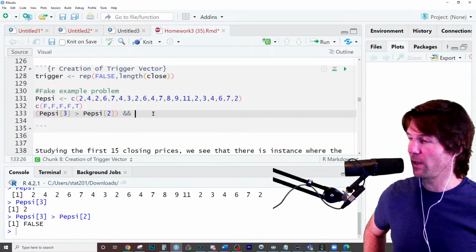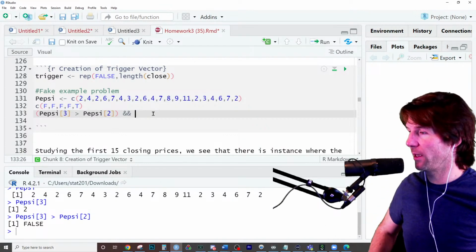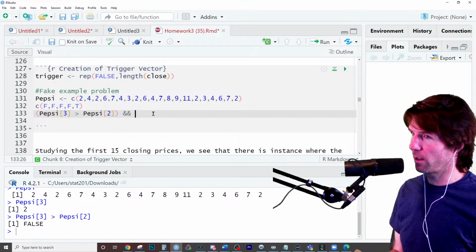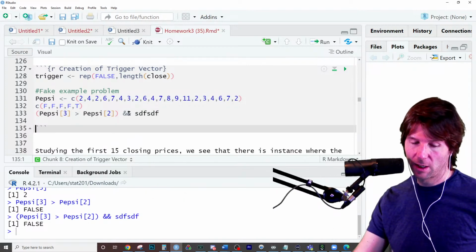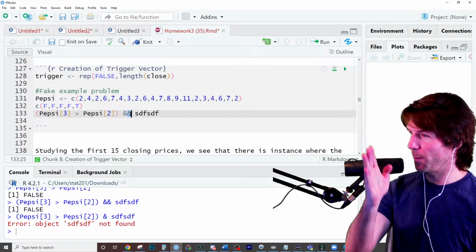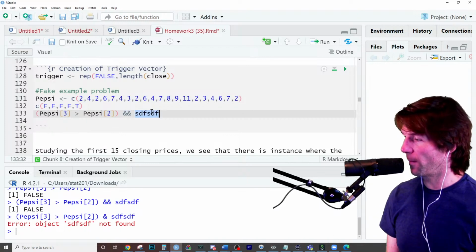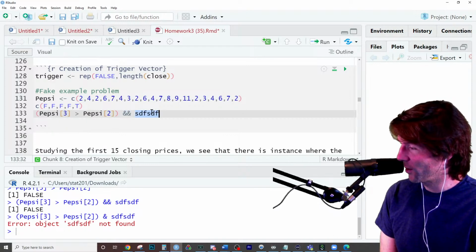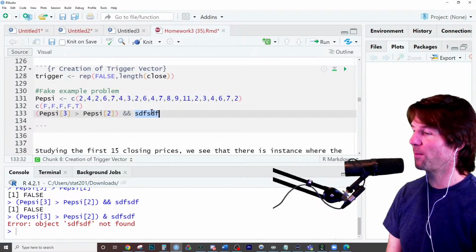So the double and means as long as it knows that there's one false, it won't evaluate as true. It'll just stop the evaluation of the running of code. So you could literally put something right here just like that, and it runs. But if you have this right here, it says it can't find that object. The double and is like a block from it evaluating more. So what do we want right here? It gets 2 times harder for putting a loop. Oh, so yeah, that's where we're about to get to. I'm about to loop this and solve it for that vector right here.